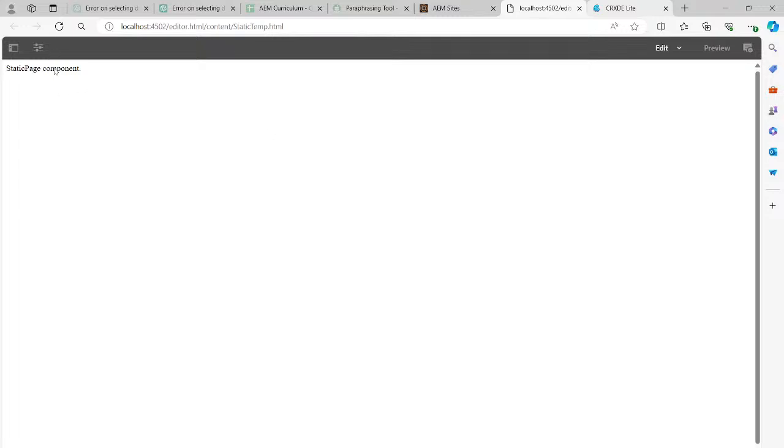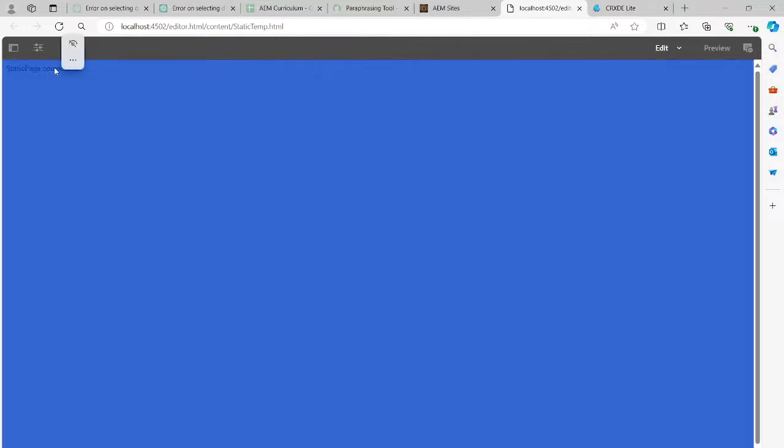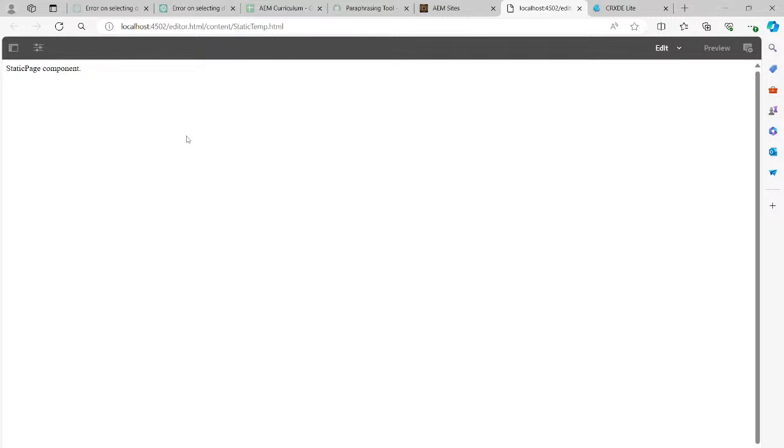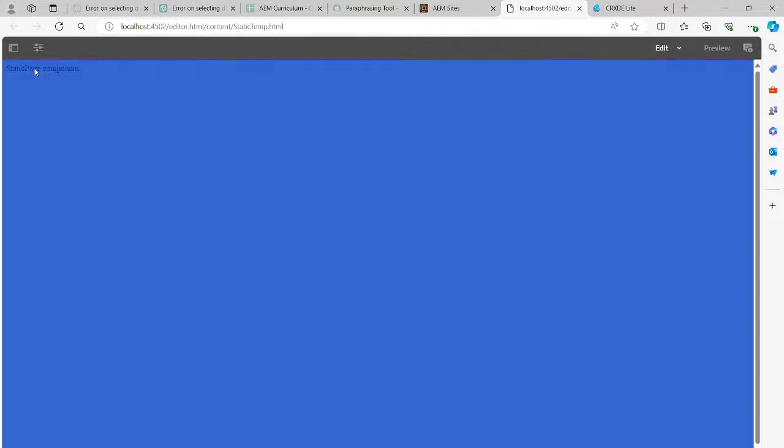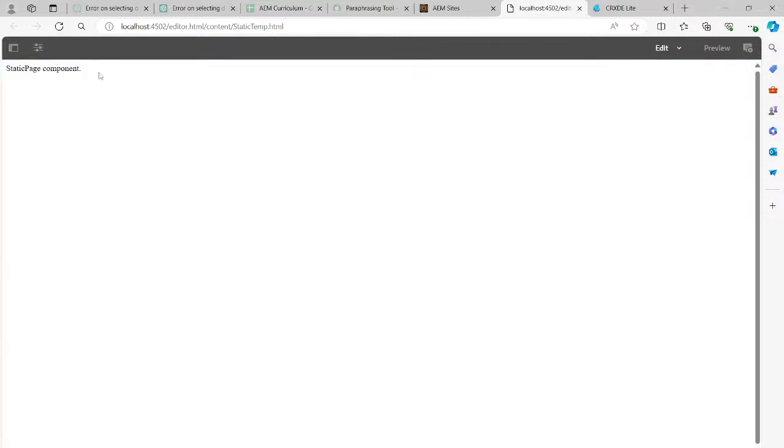Okay, you can see the matter whatever I have presented. But actually, when you have created a component, you have seen that component here. We can call it a parsys, and you can edit it or anything. But here we can't get anything in our static template. If I want to add that component option or the parsys here, at that time,